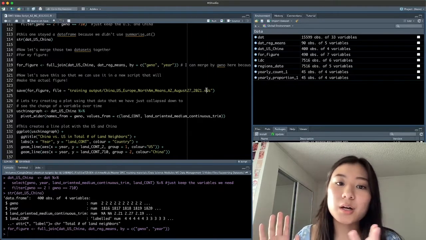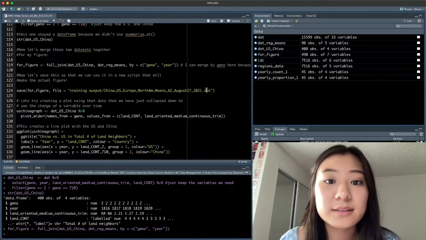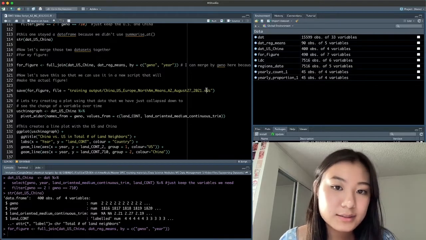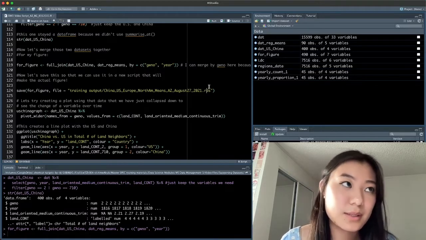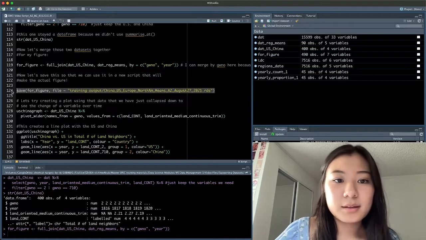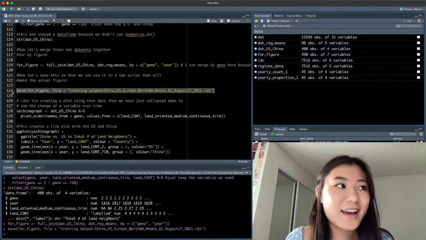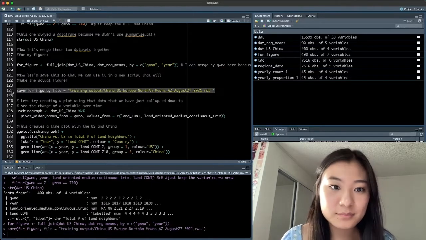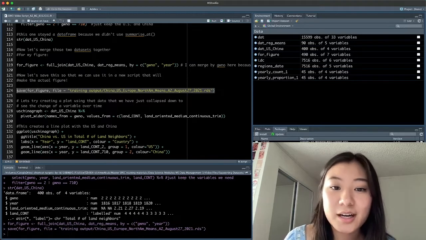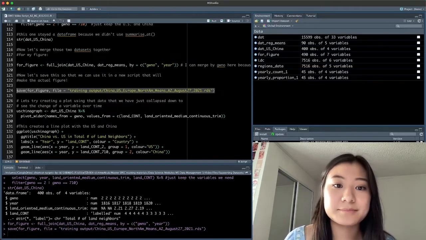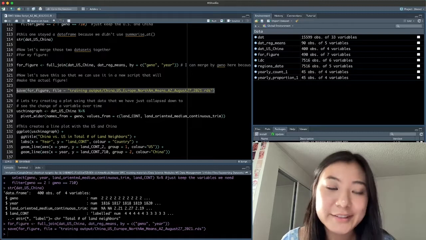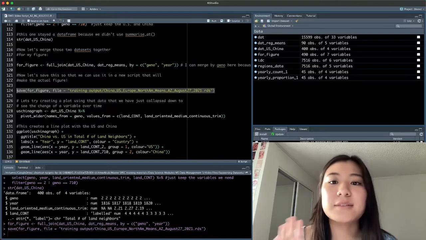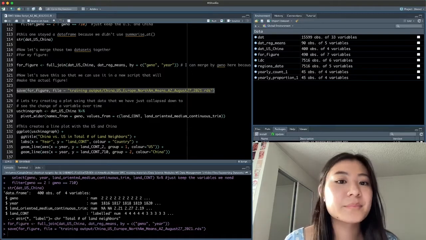We can save more complex data objects as R data files. .rds is going to be the most efficient for something like this. I'm going to run that save command, and the way you know it works is if you check in that training output folder, I should see a new .rds file with this title. If I don't, I need to figure out what's going on.